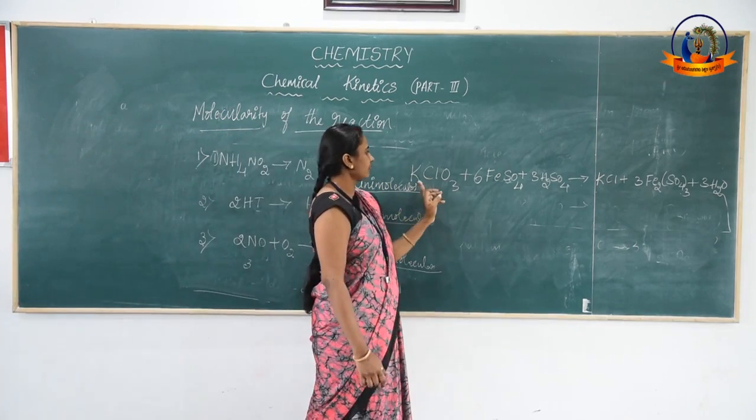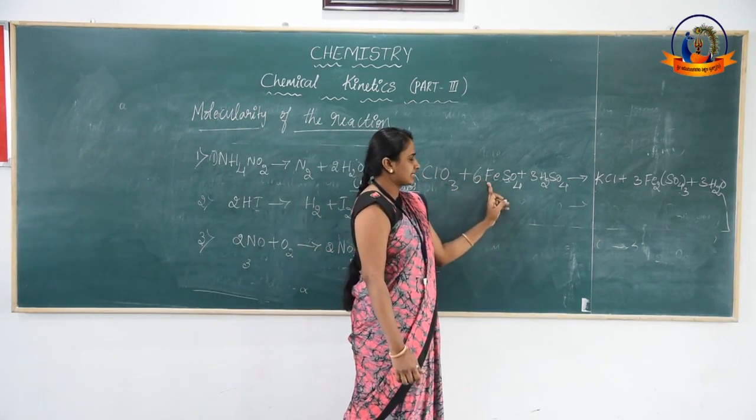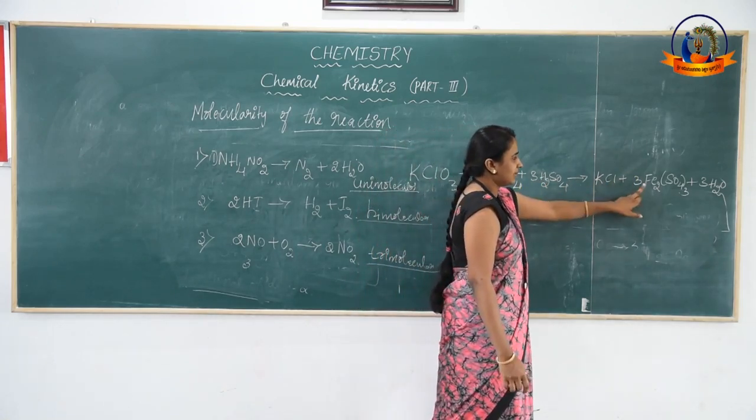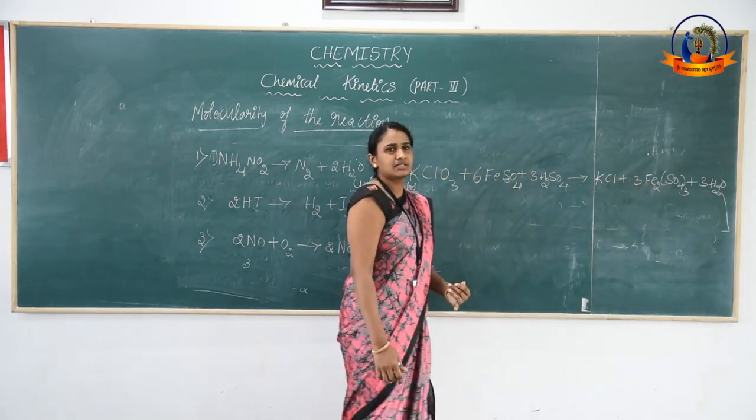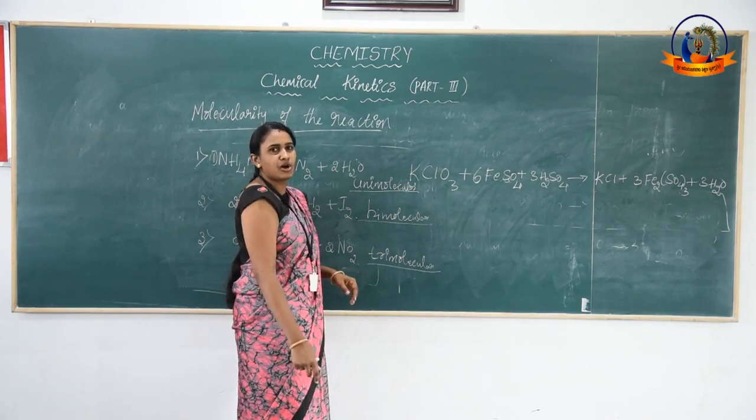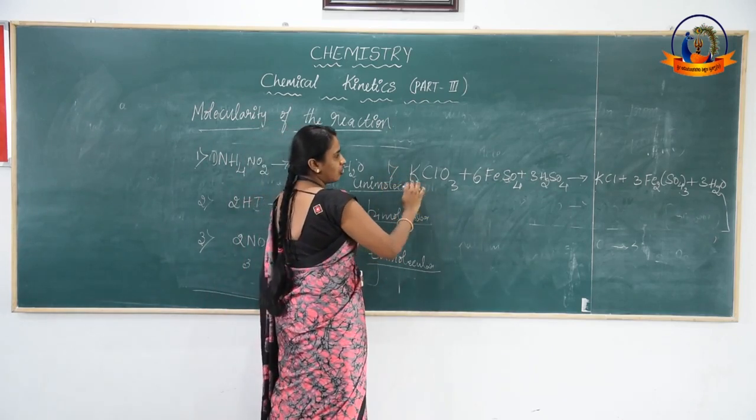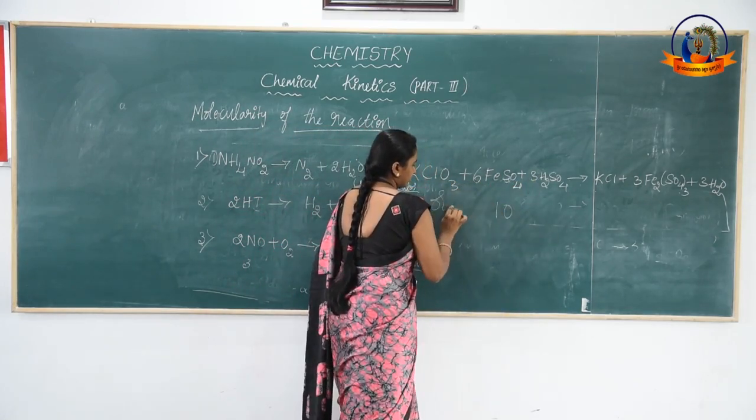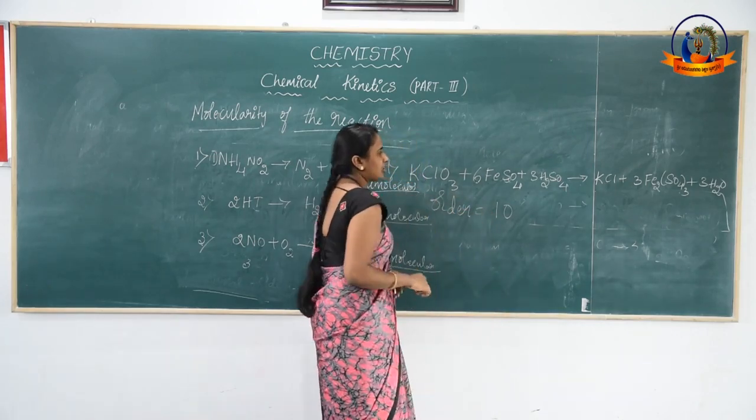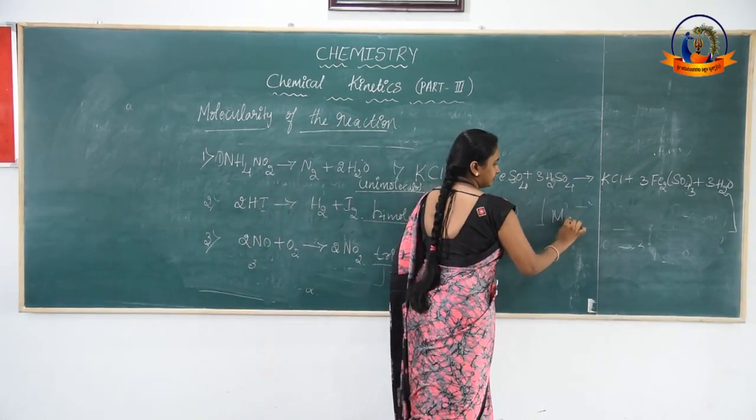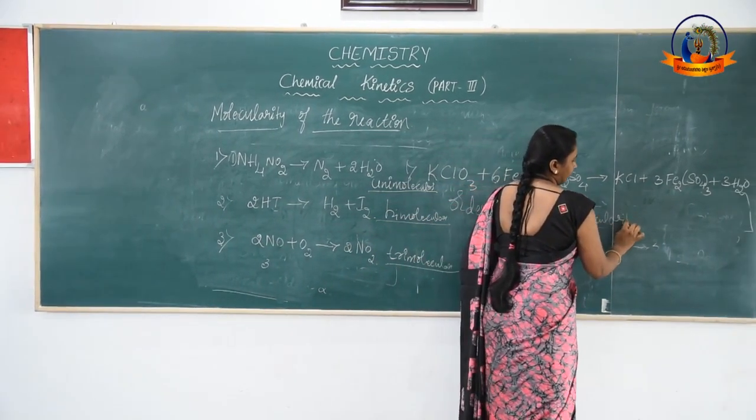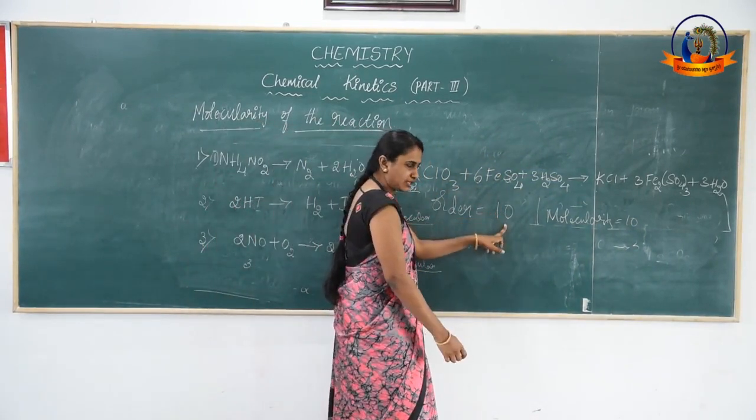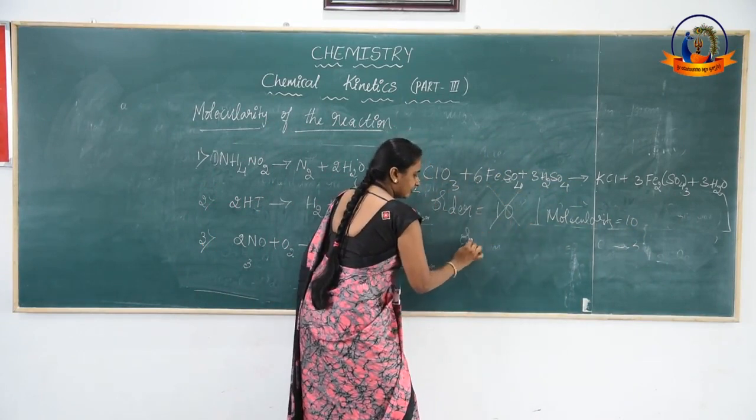Come to this reaction. KClO3 plus 6FeSO4 plus 3H2SO4 gives rise to KCl plus 3Fe2(SO4)3 plus 3H2O. In this reaction, your molecularity seems to be how much? 1 plus 6 plus 3, it is 10. Molecularity of this reaction is 10. But the order of this reaction does not seem to be 10. Your order is